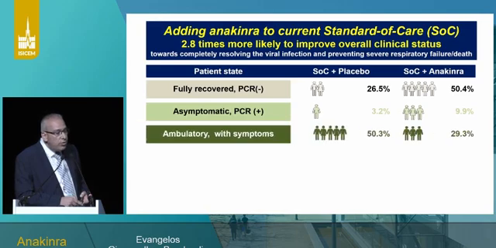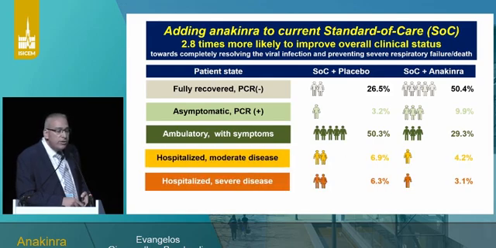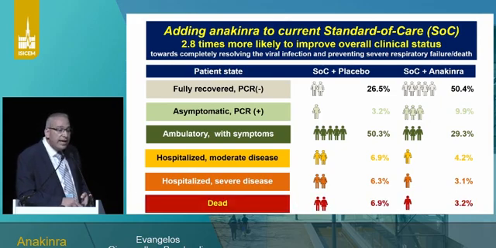Among patients who are at long COVID, they are decreased from 5 to 3. From patients who remain hospitalized, either moderately or severely, we decrease them by half. And also, among patients who will eventually die, we will decrease them by half. Thank you very much for your attention.